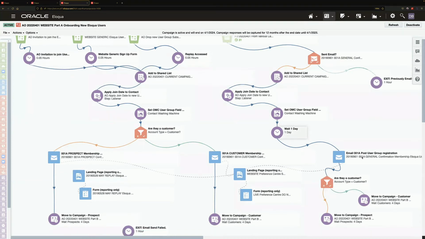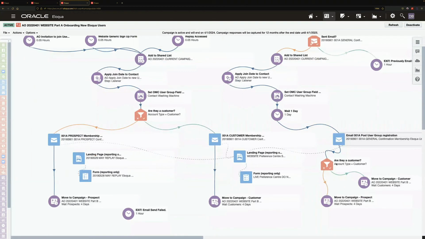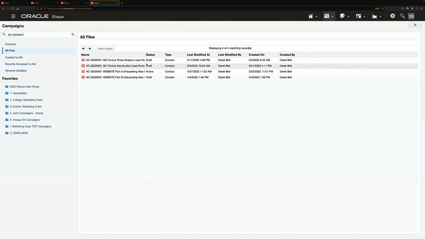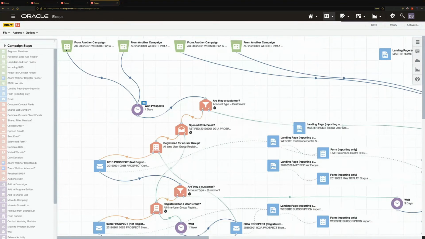And then here it's a general confirmation. So this one can cite specifically, we hope you enjoyed the replay that you accessed yesterday. Here's what you can expect as a member of the user group, so on and so forth. And then again, we route them off in slightly different directions, depending on whether or not they're a customer of Marketing Cube or if they're not a customer of Marketing Cube. And so here we're using the move to campaign steps to have them flow into the next part of the exercise. So part B. So part B is a more traditional campaign,